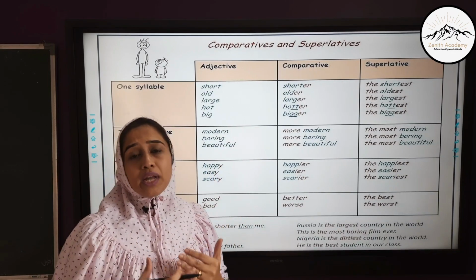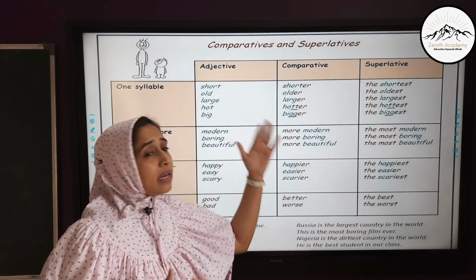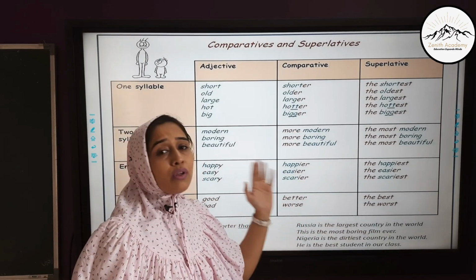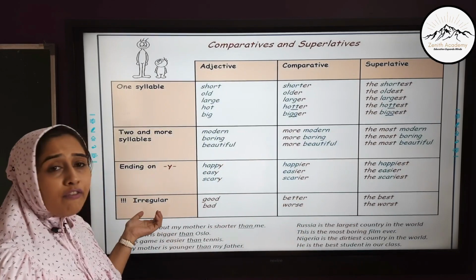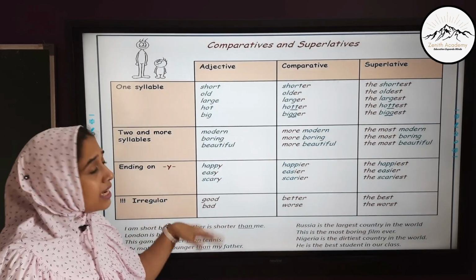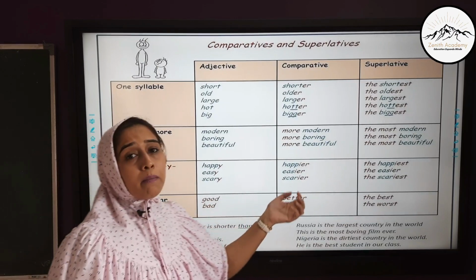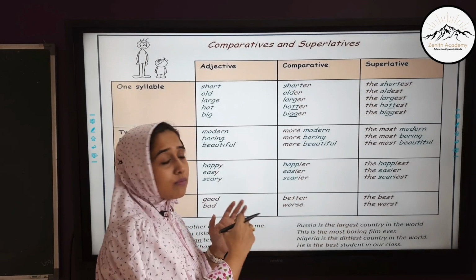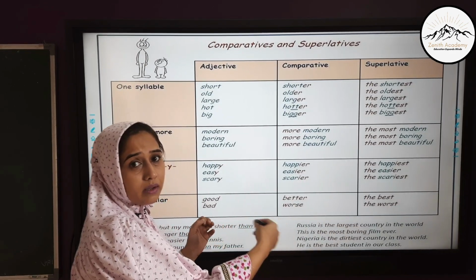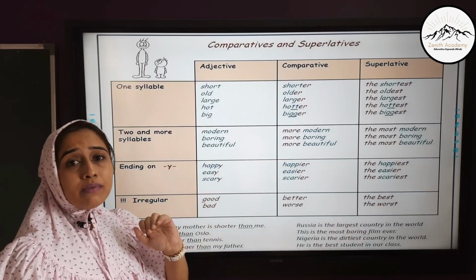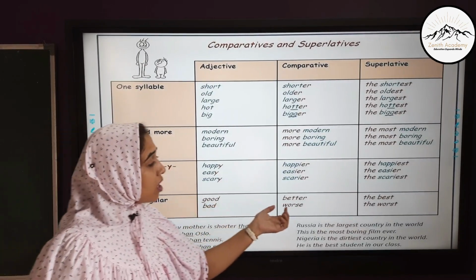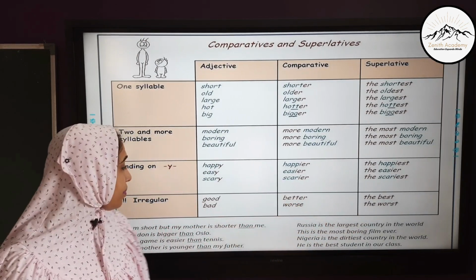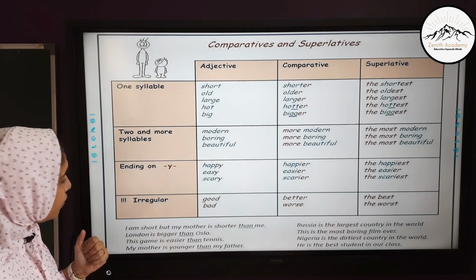When you search your textbooks, grammar textbooks or books, you will get a long list of such examples. Just have a look at them for better understanding of how the words change. And there are few irregular words which change completely, like good, better, best. There is no similarity between these three words in terms of spellings or literally while writing. The entire word becomes different. Bad, worse and worst. You cannot say bad, better, baddest. It is wrong.